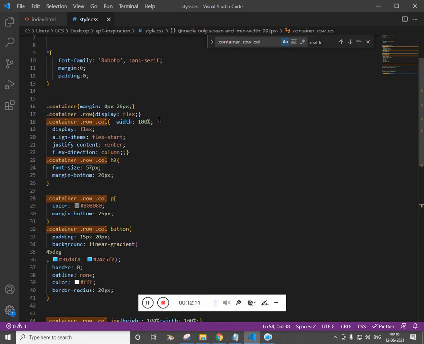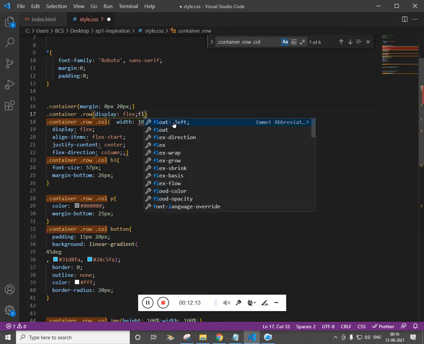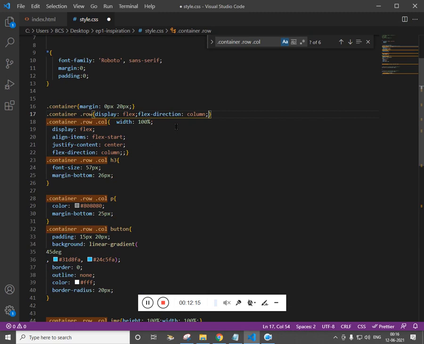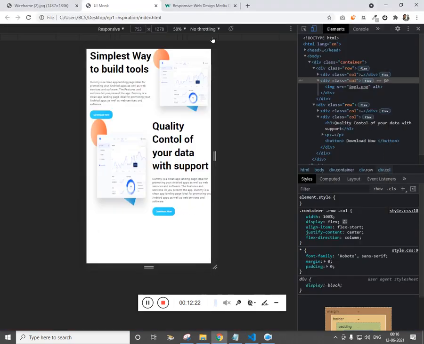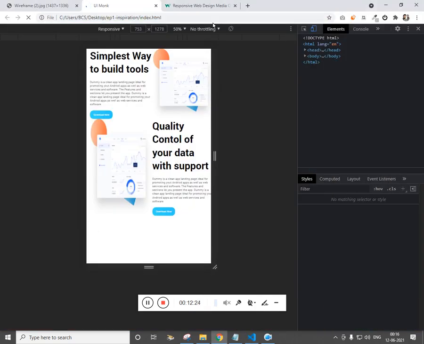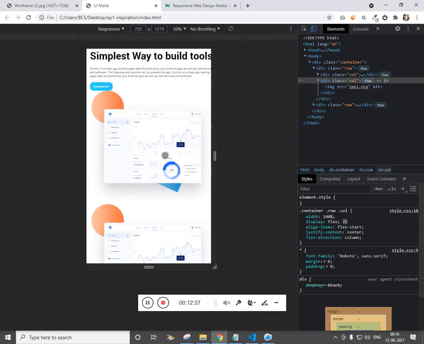And I want to make the flex direction column for mobile, and for desktop it be flex direction row. Refresh it, and now it is one below the other.